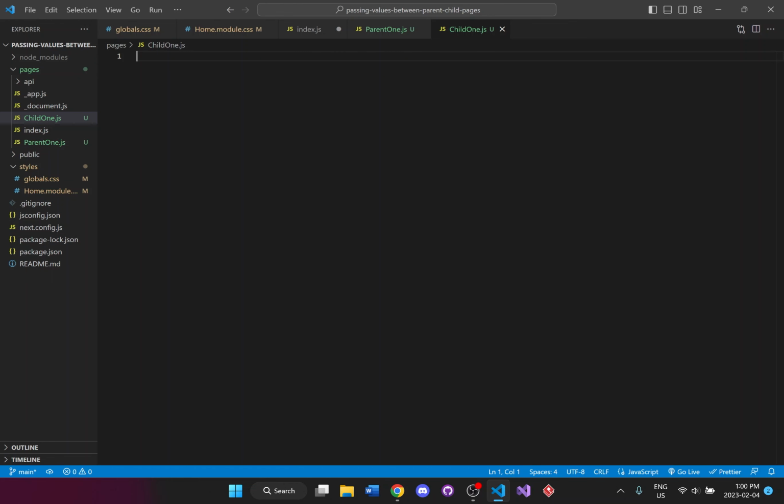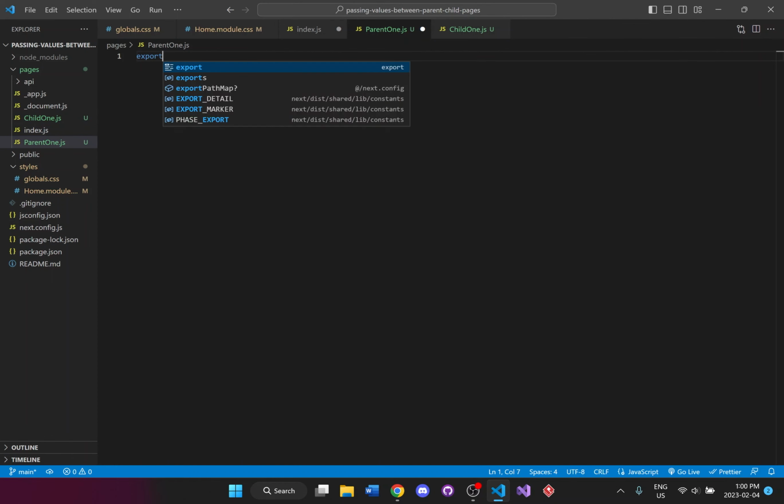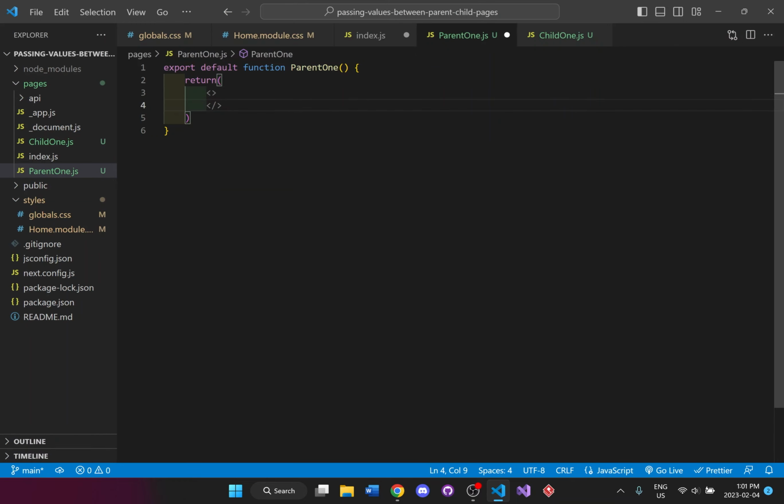And what I'm going to do is I'll go into parent1 first, and I'm going to just set up the default template. And I'll save that. And I'll also just copy this to the child1 page as well. And I'll just relabel this as child1.